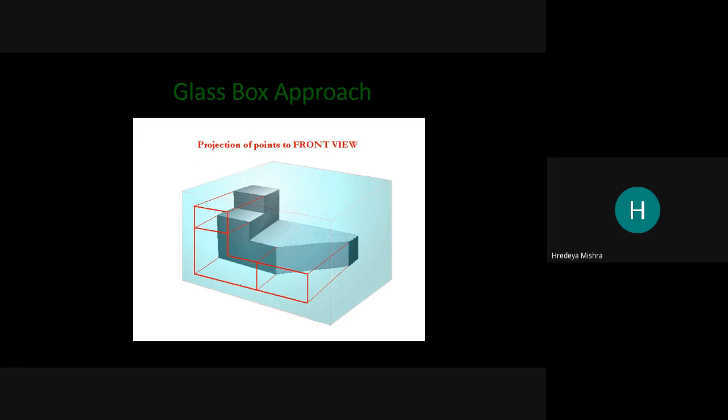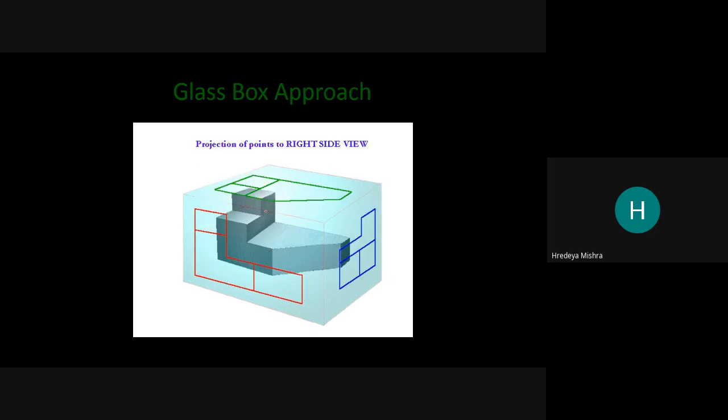See here, this is our front view, top view, and side view. So what can we observe from the object? We can just mark with a sketch pen on the glass.